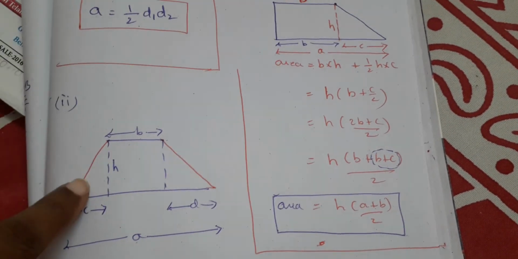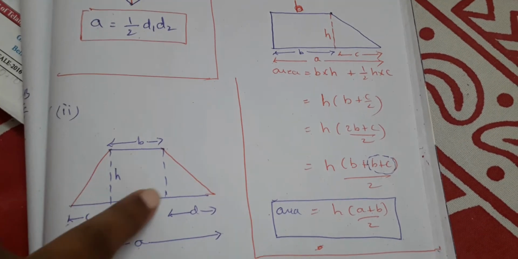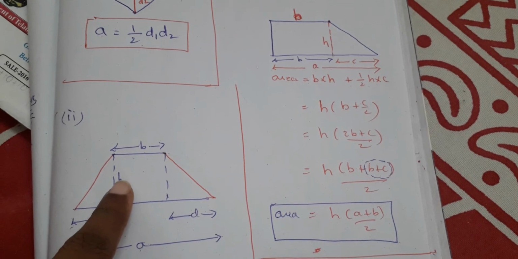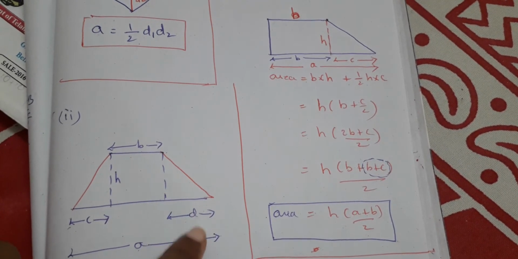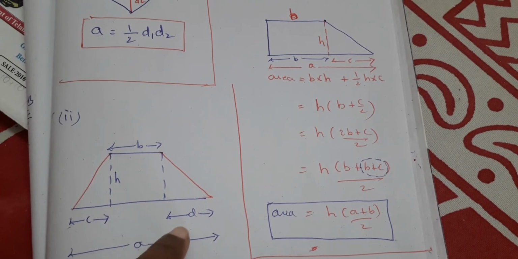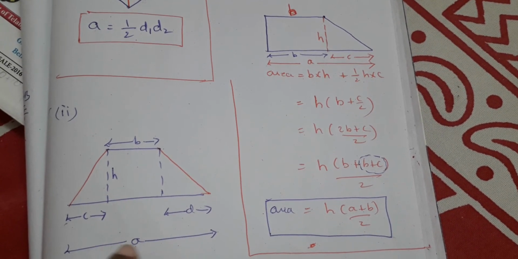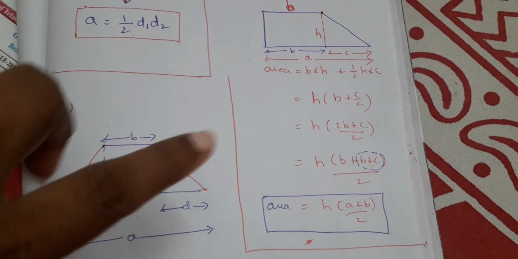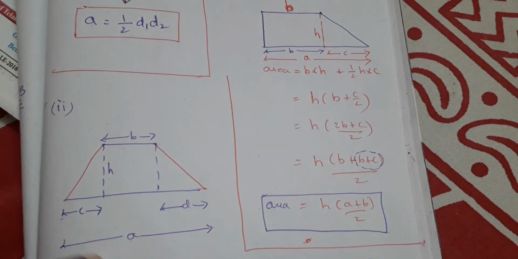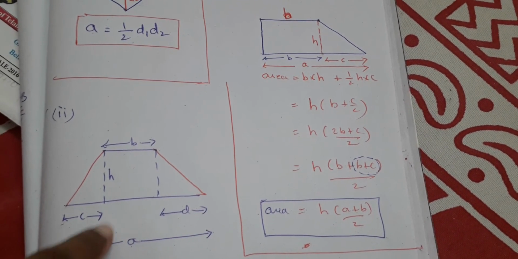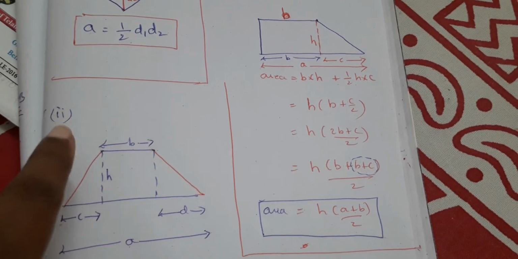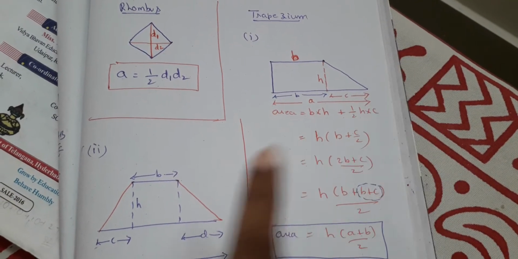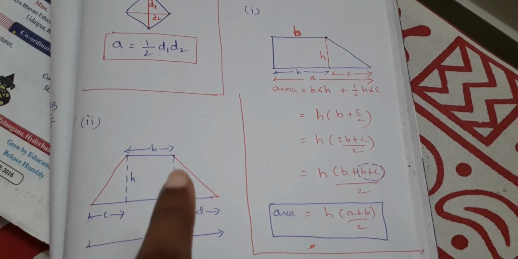Now coming to the other kind of trapezium here. So what do you see here? This is one rectangle and two triangles. Base into height is the area of the rectangle, half base into height is the area of the triangles. I have taken the bases as c and d, and c plus b plus d is totally a. So the sum of the two parallel sides is a plus b. Now we will see what the formula will be to find the area of this kind of trapezium, where you have two right angle triangles on either side. Here you had only one right angle triangle on one side, and here you have two right angle triangles on either side. Right.